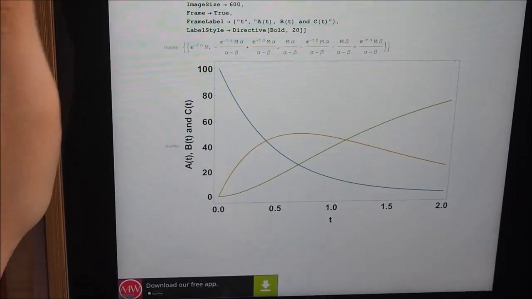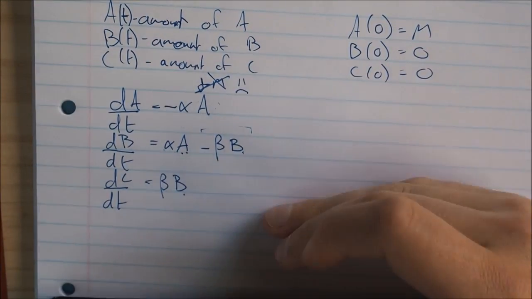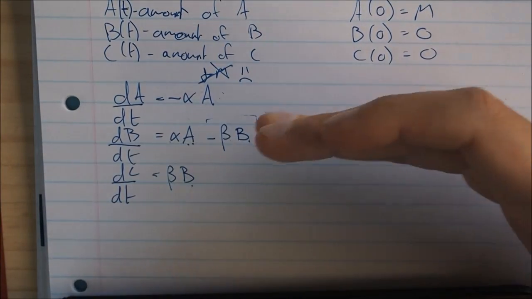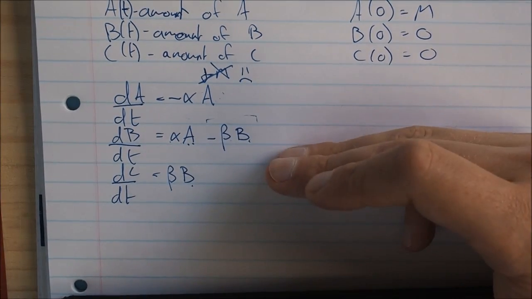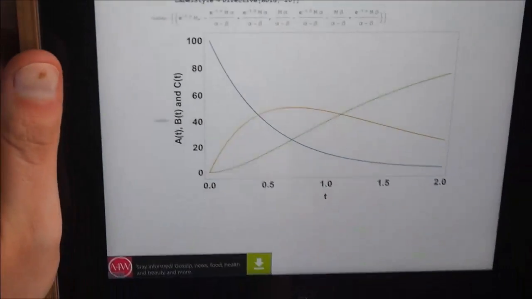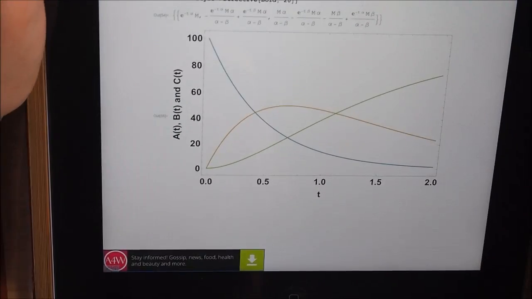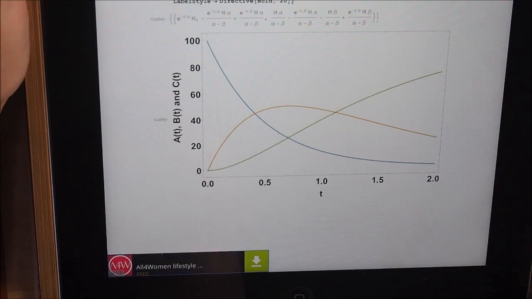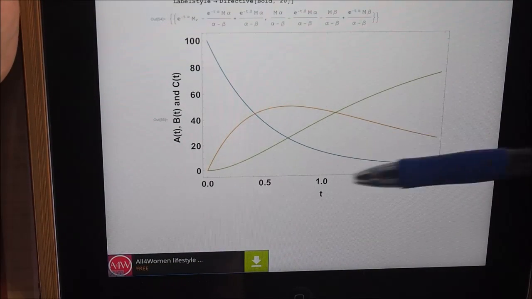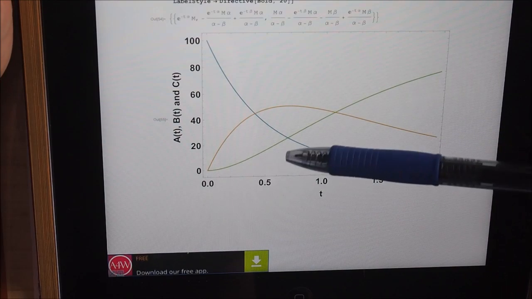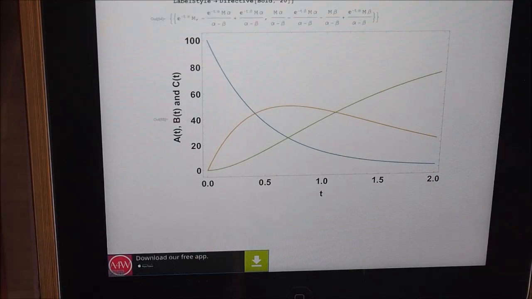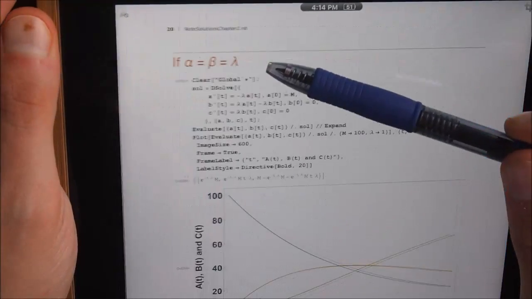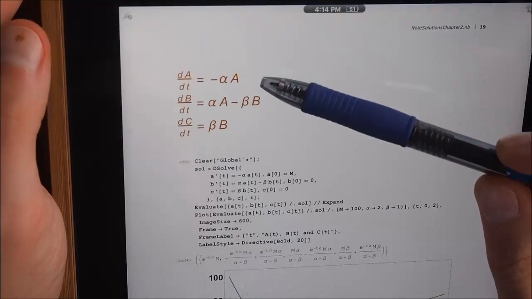So everything should make sense here. Solving this should be straightforward. Just solve it one equation at a time, and then take the solution that you've solved for and plug it into each equation. So the solution we get looks like this. A is in blue, B is in orange, and C is in green. A will decay exponentially as the equation suggests. That's dA/dt equals minus alpha